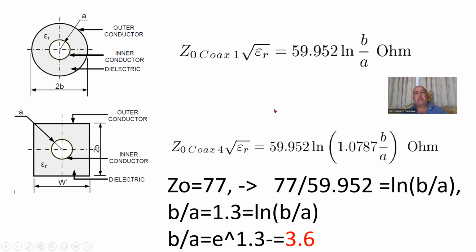Now, let's start looking at some trace back using 77 ohm, which is the optimal characteristic impedance for the maximum Q. What is the ratio of the inner to the outer, or the outer to the inner? And that can be looked at from here. Okay, so we have characteristic impedance equal to about 60 times the natural log of B over A. Okay, so if we set this to 77 ohm in this case, and solve for B over A, it turns out that B over A is equal to 3.6. Okay, so that will be used as a design